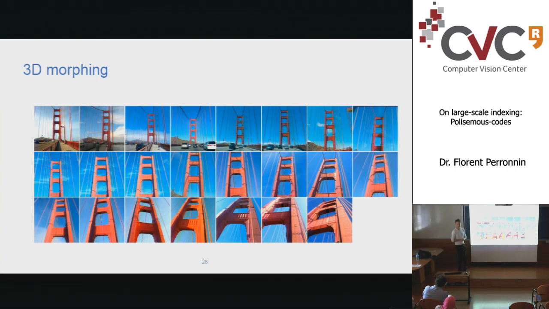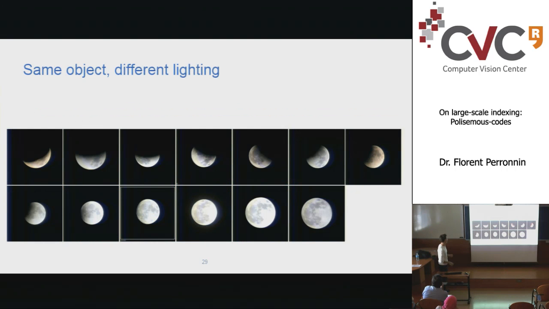Of course, the nice thing, and this is well known, is that if you have millions and millions of images of, for instance, a city, or thousands of views of a given landmark, you can reconstruct it quite precisely, just because you have enough images and so you can interpolate between all of them. Again, going from one lighting of the moon to another. Here, I think,